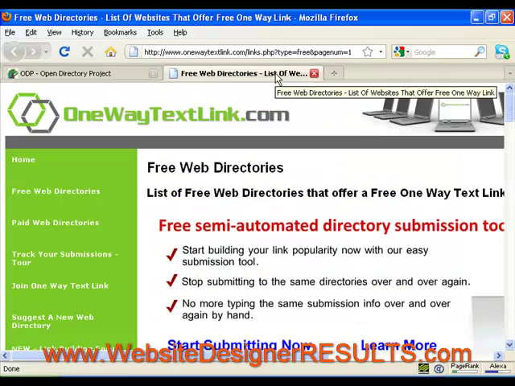And there are, of course, many other free directory sites to which you can submit your information, with a list of many hundreds plus a semi-automated system for making your submissions quicker and easier, featured here at